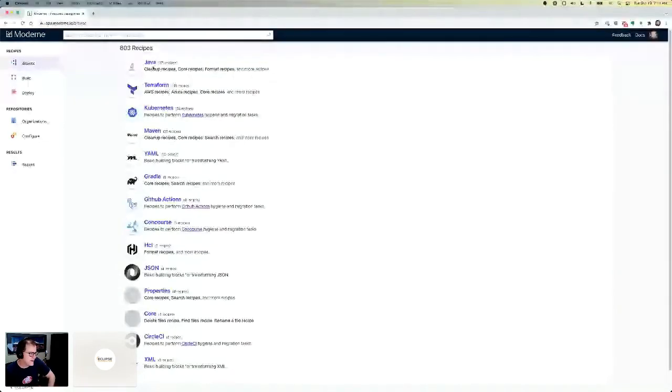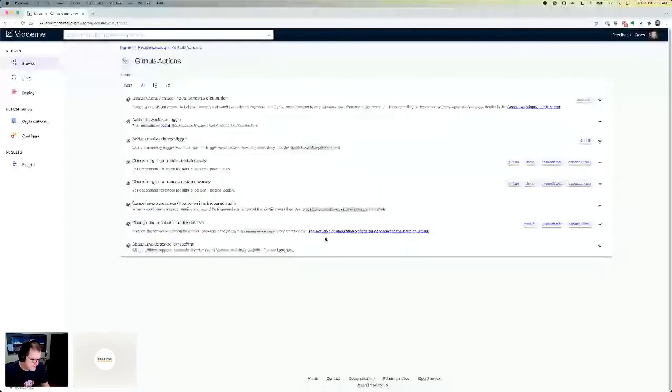I know we're in a Java talk, but I just wanted to talk a little bit about this to demonstrate that it's not just Java, but we do some other things as well. So recently, obviously, Adopt OpenJDK moved to Eclipse Temurin, and basically, the Adopt OpenJDK image will no longer be updated. So this is going to be a hassle for folks that are using GitHub Actions that have tons of projects on it. So this just gives you an idea of what we can do here.